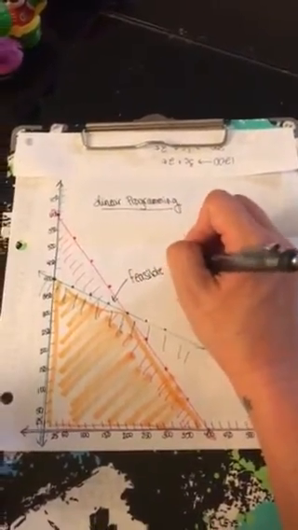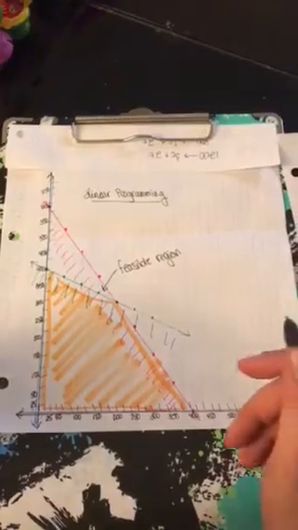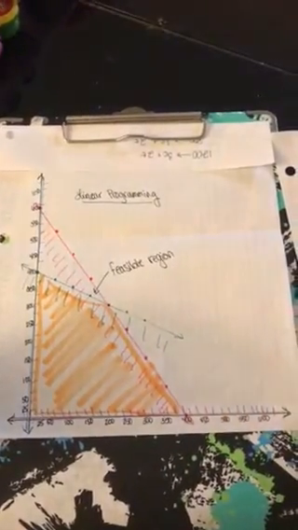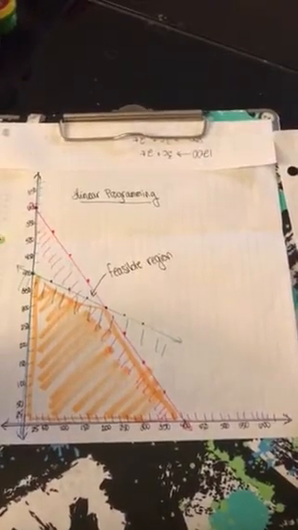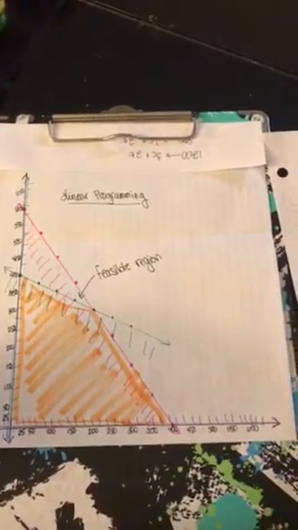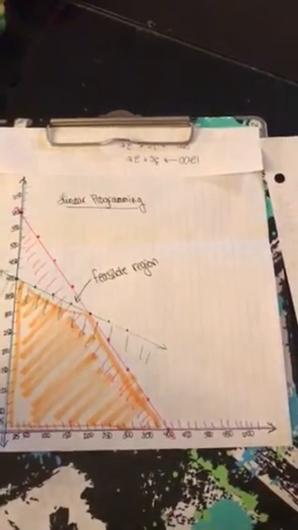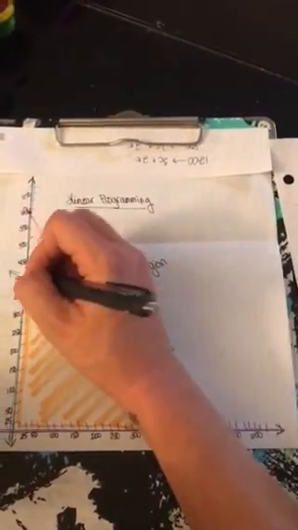Write that down. The feasible region is the shaded area where all of your solutions lie. Okay, again, it is the region where all of your solutions lie to the system of inequalities. If you are not done writing that down, pause the video, rewind it. You'll notice there are 4